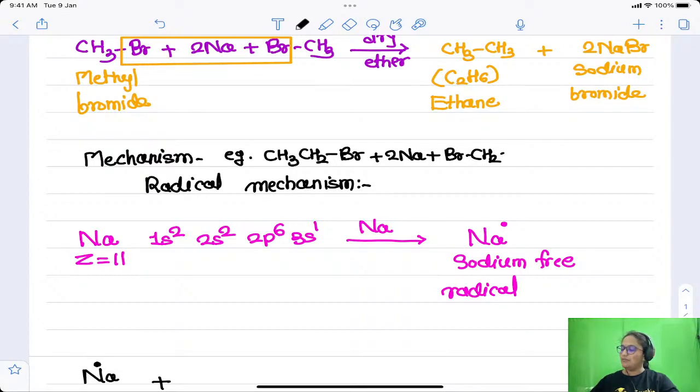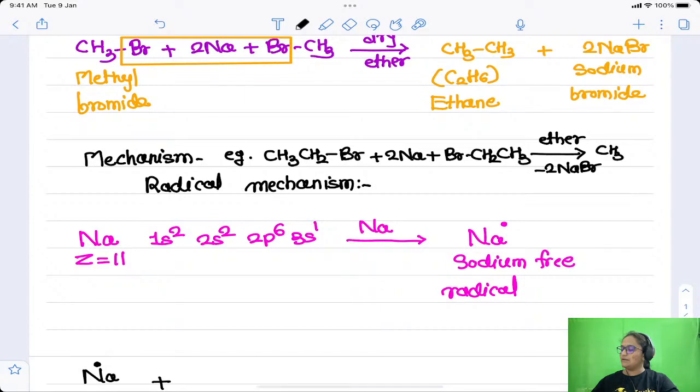The reaction is carried out in the presence of dry solvent ether. There will be loss of two sodium bromide molecules, and the product will be